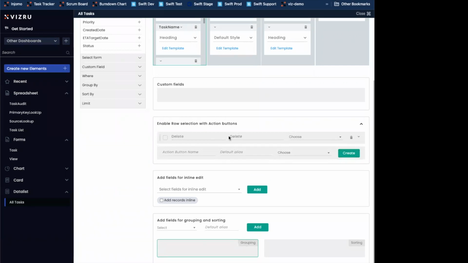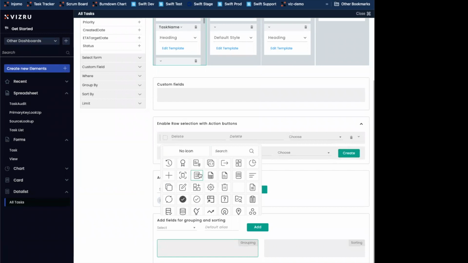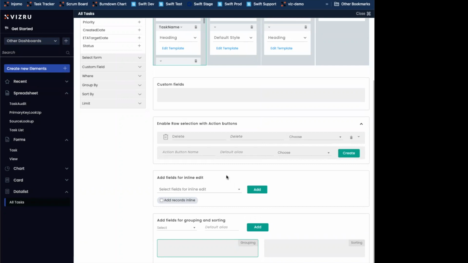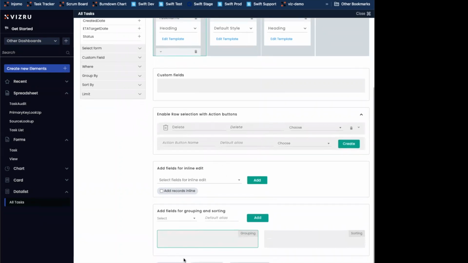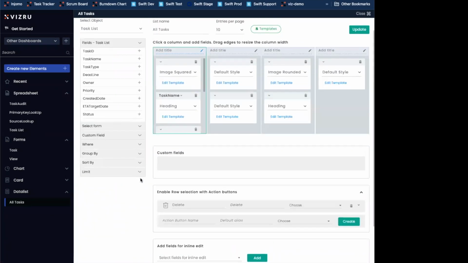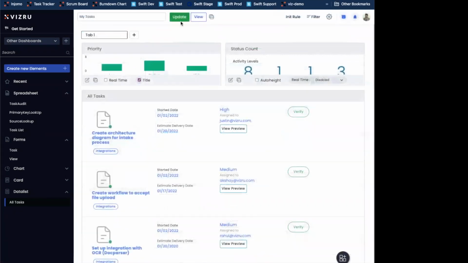All right, now we see we have an action button. We can remove it using the trash icon. And we can also give it a nice icon here. So if we're deleting something, maybe we want to use the trash can icon. Second thing to do here is make sure that the row checkbox here is enabled. This will give us a checkbox against each of the rows inside the data list, which will help us choose records that we want to take action against, which is delete. Okay, so if we update,